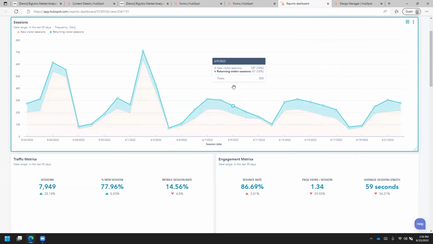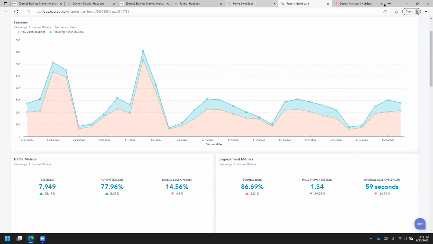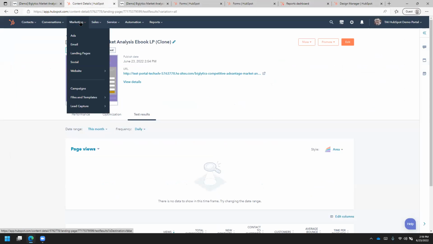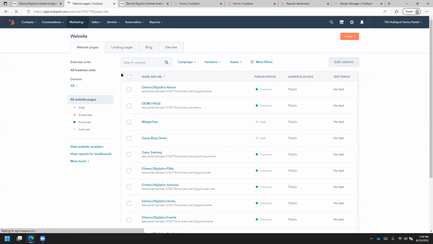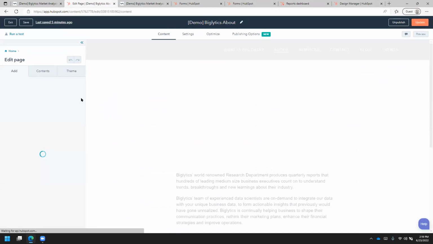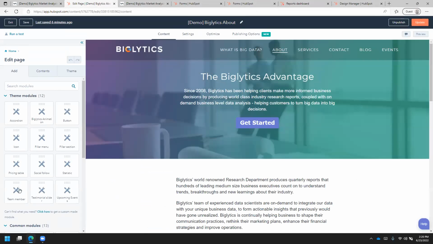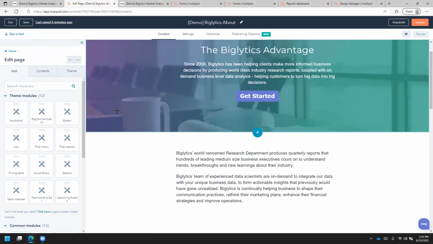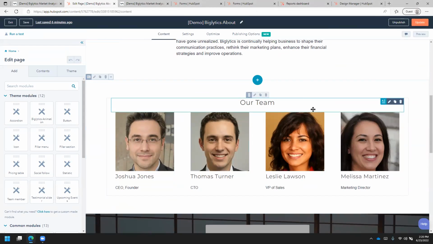And then there was one other thing that I wanted to go over that Dana had mentioned, and it was the custom theme and module section. So if we go back to my website page and I go to edit it, on the left side here, we had this category called theme modules. And so this website has a custom theme enabled for it, and there were some custom modules built for it. And they're all here. But if we wanted to change, for example, our team section on the page, which is being brought in by adding team members, this is just a predefined